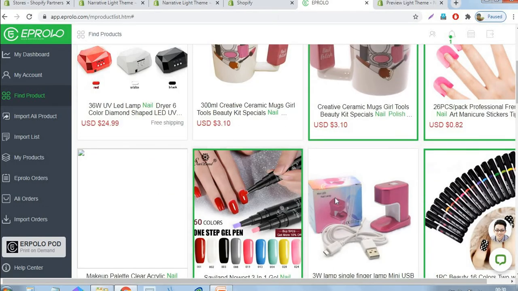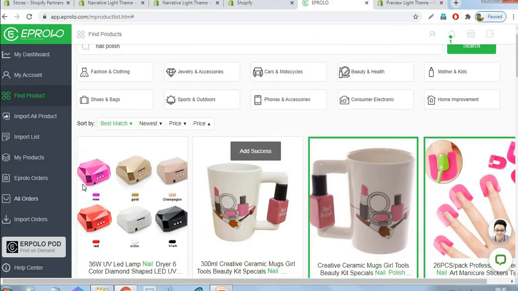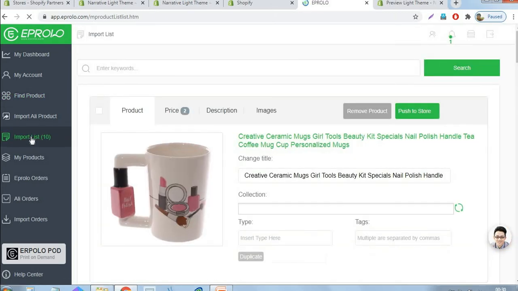Okay, let me choose this one also. I think we added 10 products. All these products are added in the import list. Our next step is to assign the tag and click the push button to add all products in the